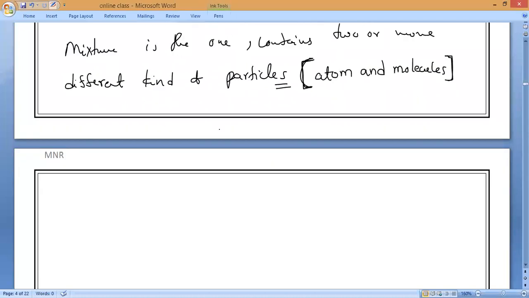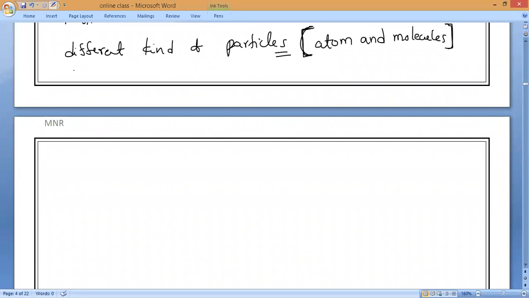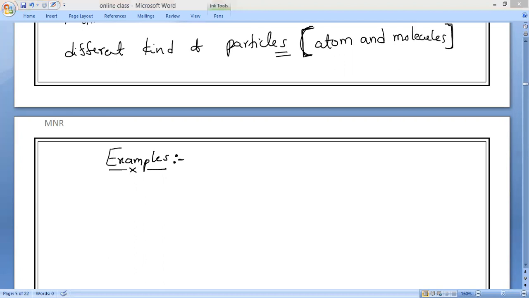So, can you give examples of mixtures now? What you are seeing in our surroundings. A lot of examples I already taught you. What are the examples of mixtures? From your examples only, we will classify homogeneous and heterogeneous. Do you understand what I'm saying? Yes, sir. Now, can anybody tell me an example, please?